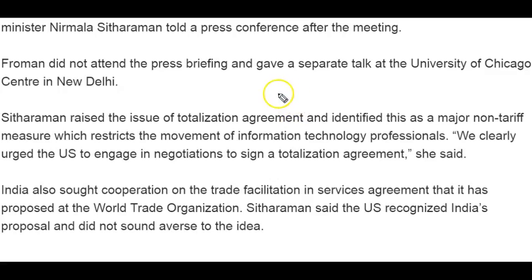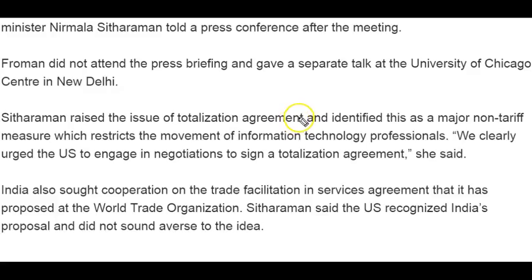Another important area that India raised is about the totalization agreement. At present, India has signed totalization agreements with so many countries, but India does not have an effective totalization agreement with the USA. So India is asking the USA to sign a totalization agreement as soon as possible, because a totalization agreement is